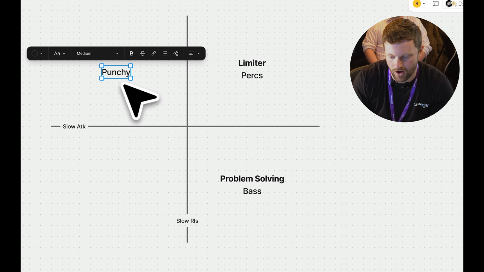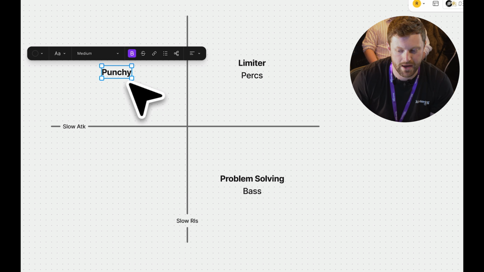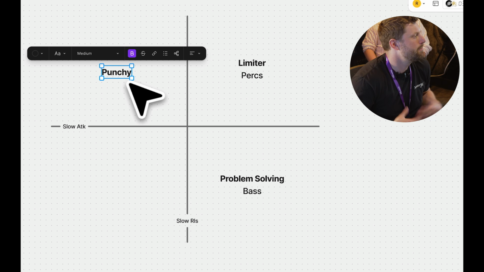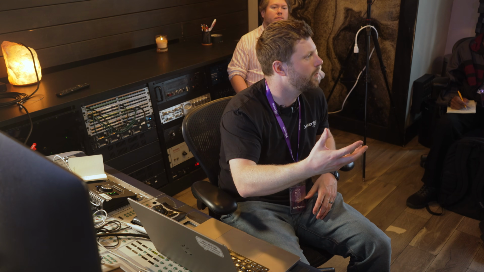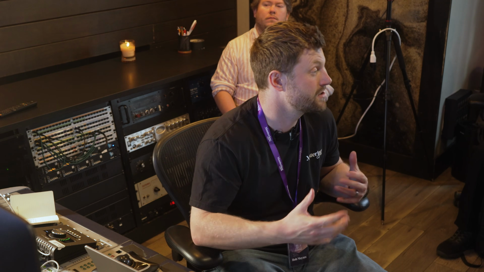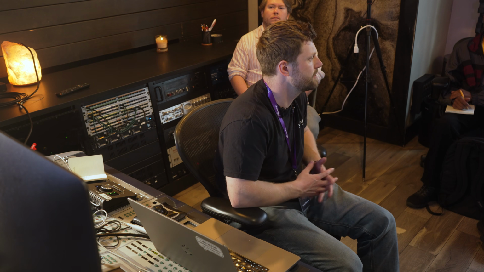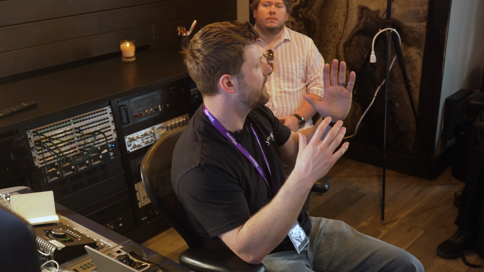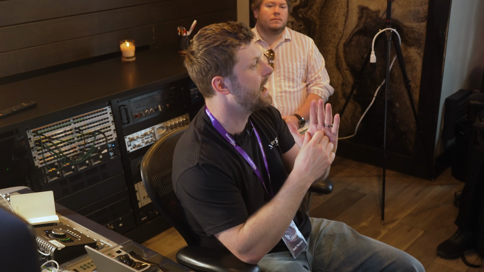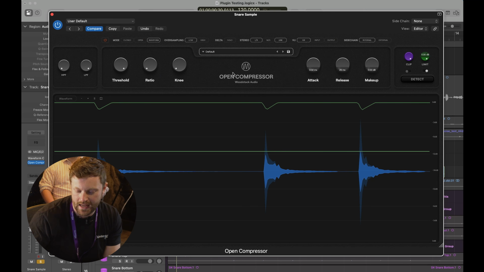And that is a lot of the time when we're looking for tonal shaping, normally we're trying to make things punchier, more aggressive. If you do that on a vocal, it's going to sound like they're spitting out the words more. If you do that even on a snare, you're going to get more transient, even though it's pretty fast. Using a slower attack of like 5 milliseconds, 10 milliseconds can add quite a lot of punch. So we let that transient through with the slow attack. That's what makes it punchy, right? We're clamping down on the tail instead of the transient. So if we use a slower attack, fast release,